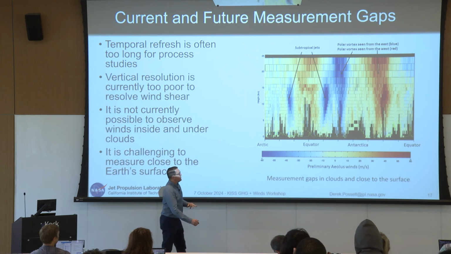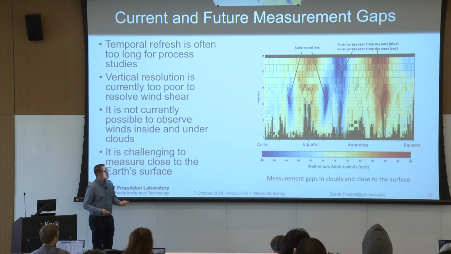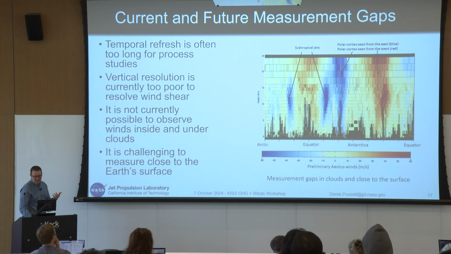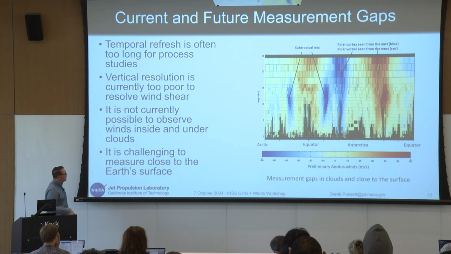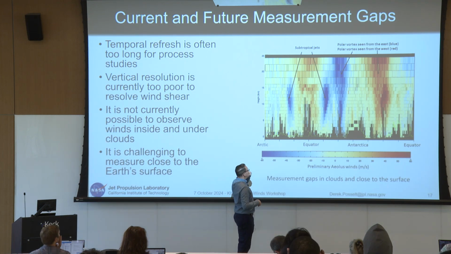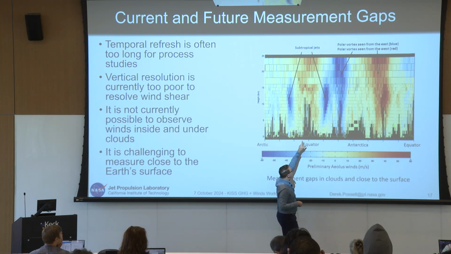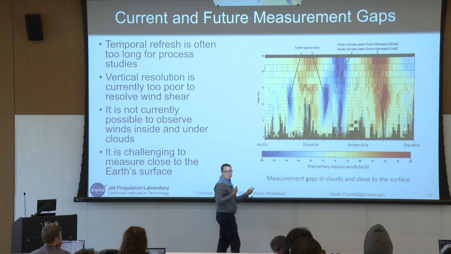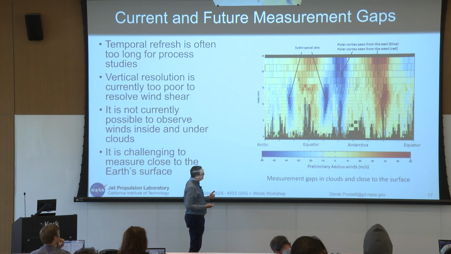Turns out also that those infrared measurements that I was mentioning that we're going to be making from space also can't see through clouds. So anywhere you have cloud, you may have some trouble getting measurements of the three-dimensional structure of horizontal winds. The other issue, and you can kind of see it here, but it pops out in just about every data set that you have, is close to the Earth's surface, partly because by the time you get down there, you've had a lot of cloud potentially that gets in the way,